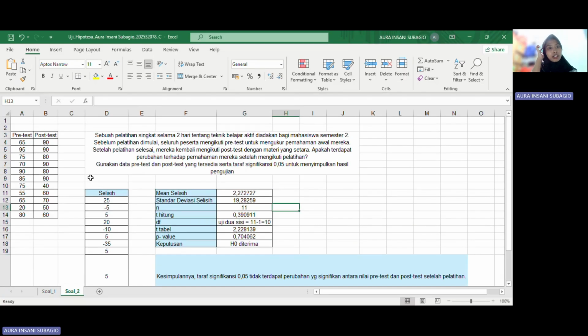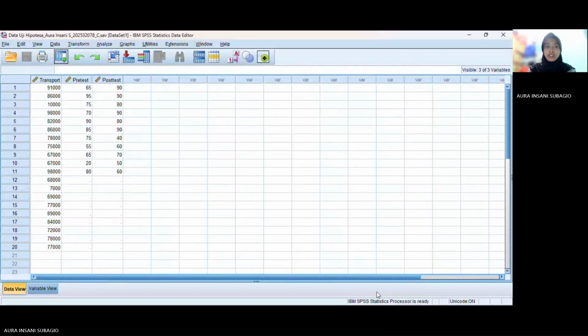This is the result in Microsoft Excel. And then this is the data in SPSS.